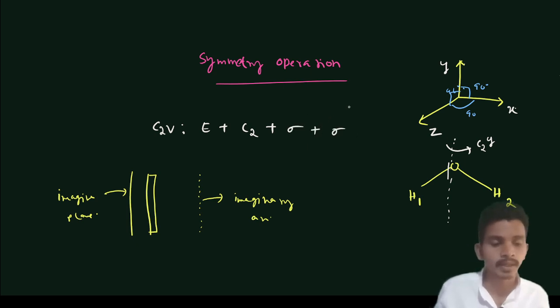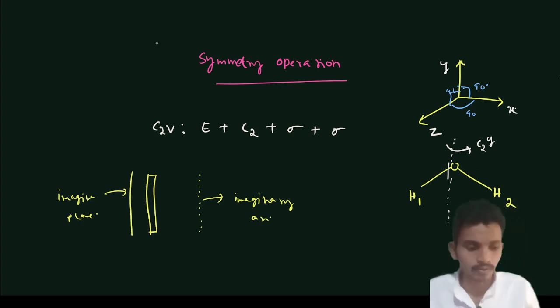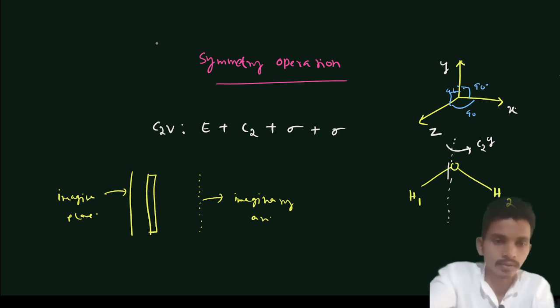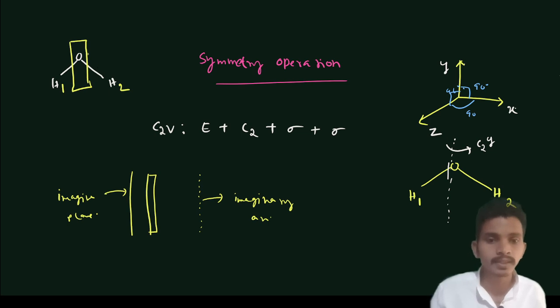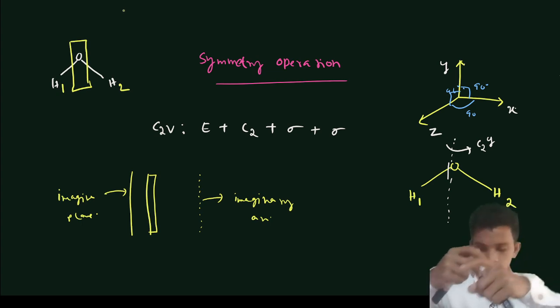So in the water molecule, one axis we know is passing through the oxygen and relating H1 and H2. So which plane is this axis passing through? If this is the water molecule, then let me